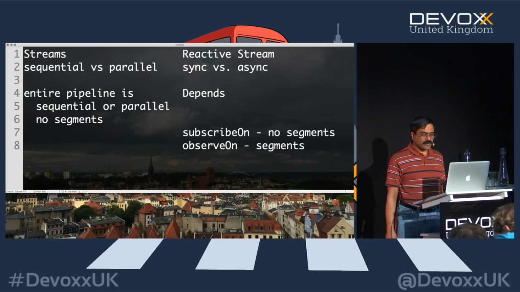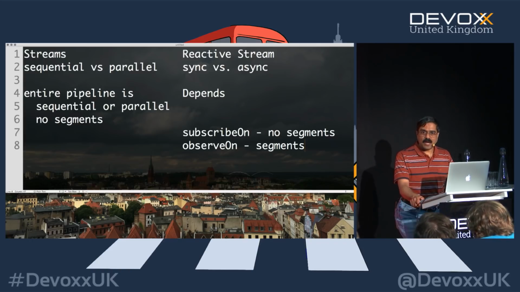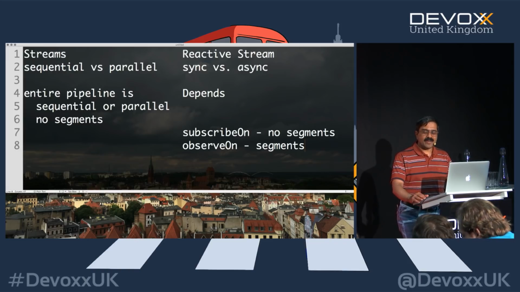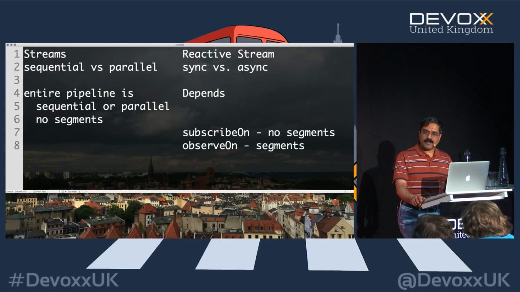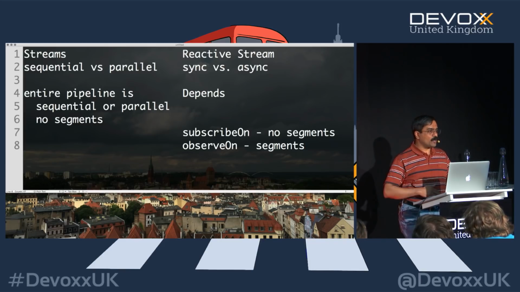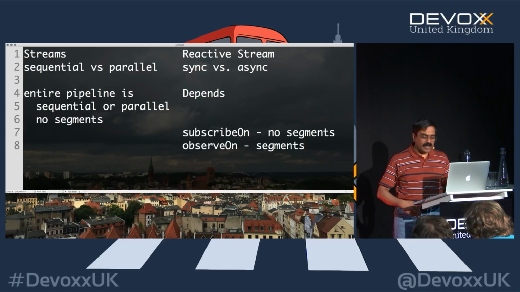So those are some of the differences. The point I'm trying to make here is we need to be really aware of the semantical differences and capabilities of the libraries we are dealing with. Otherwise, we get misguided, and then we are surprised at the behavior of the code. And that is one of the things I normally look at when I look at APIs these days, is to say, hey, semantically, what do you treat? Do you treat your pipeline as segments, or do you treat them entirely as the same flavor?